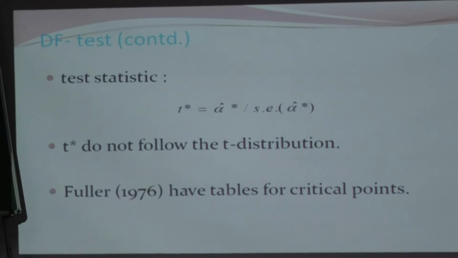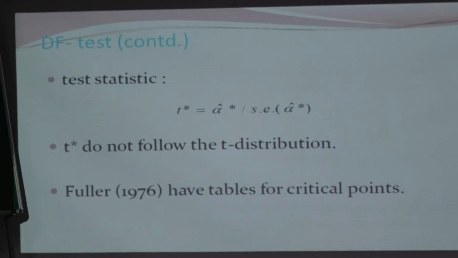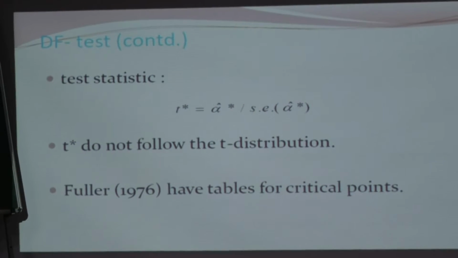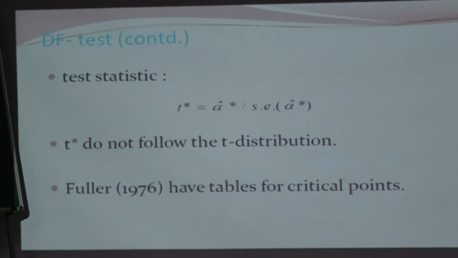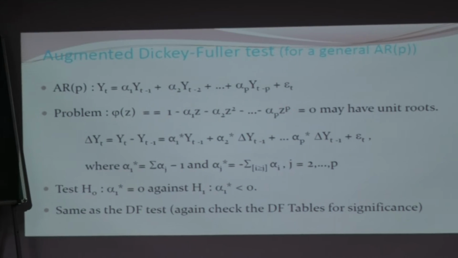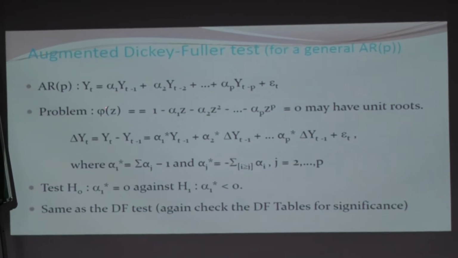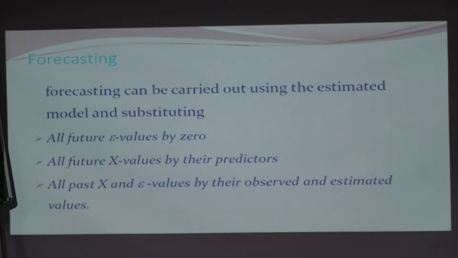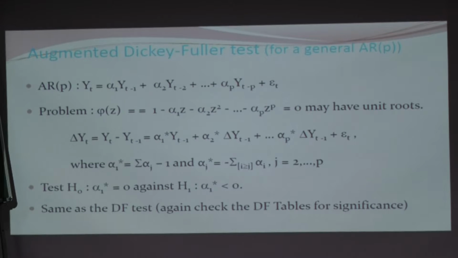But the important thing is, when would you do a Dickey Fuller test? Okay, forget it for the moment, because you'd rather do the augmented Dickey Fuller. Augmented Dickey Fuller test is basically, instead of AR1, they started with the Dickey Fuller test as the AR1, augmented was ARP, and you are now assuming that there may be unit roots in this, okay? And you have the test, etc. If you ask the computers, again the computers would be doing this, but when you do an augmented Dickey Fuller test,